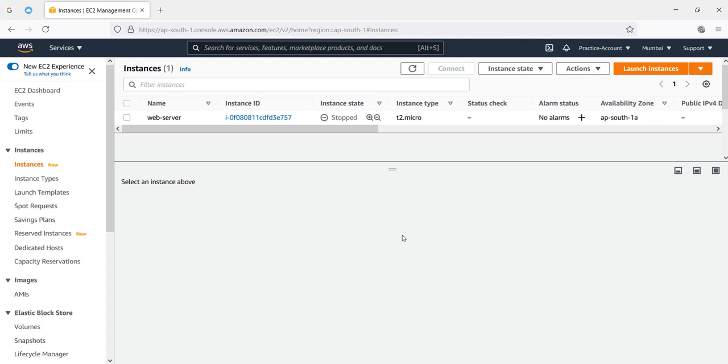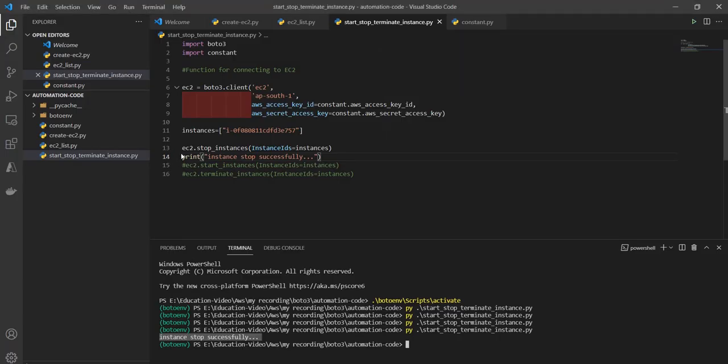Now we will perform start. For the same, we will go to the example here. We will just comment the code and copy it. Now you need to call the start instances method.